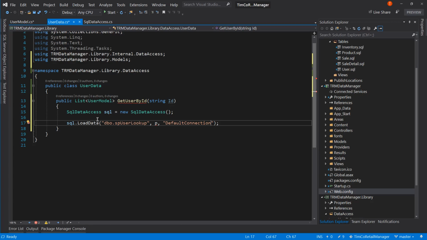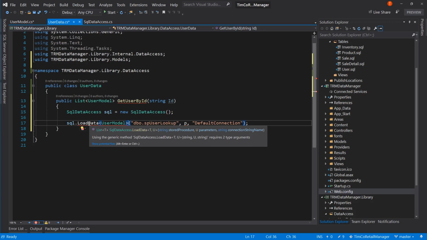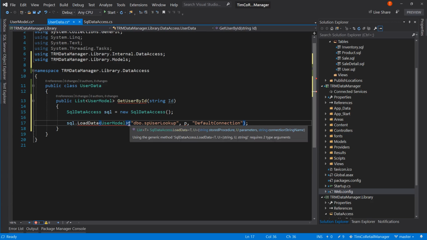Okay, so that's our load data, which is going to return back a list of T. What is that list of T? Well, we want to have it return back a list of user model. And it says, hey, you know what? You have 2 arguments here, not 1. Now, this is a bit tricky just because we have to specify T, because user model isn't used anywhere in here. So therefore we have to specify it. But